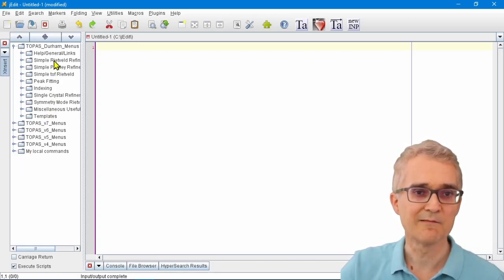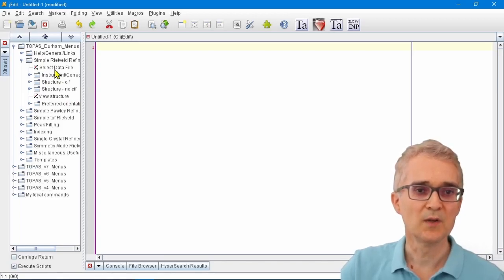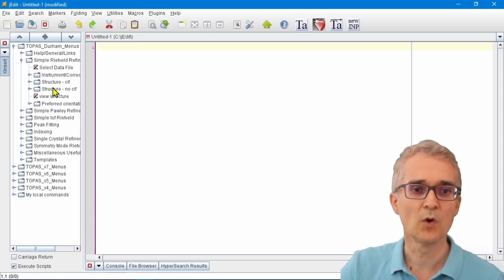So there's a menu for a Rietveld refinement, a Pawley refinement, time of flight Rietveld, etc. What we want to do today is a simple Rietveld refinement. If we expand that sub-menu, we get a series of new sub-menus. With each of these different processes, what we need to do is basically just start at the top of the sub-menus and click down each of them one by one, making some simple decisions about how we want to do our Rietveld refinement. So the first one is select data